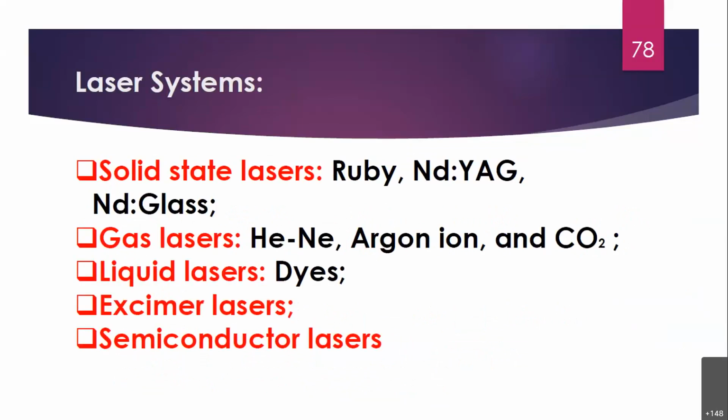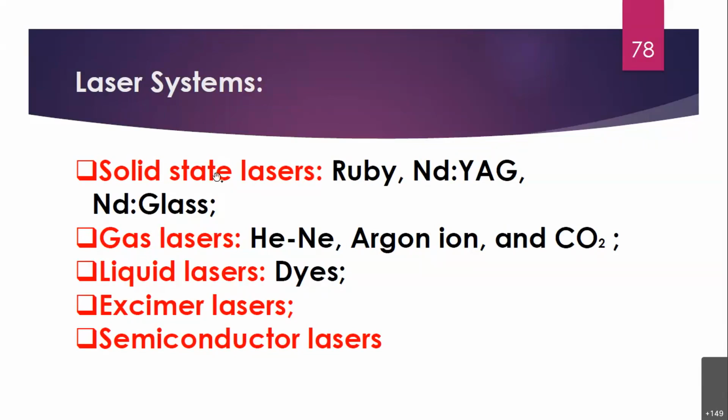Okay, so here is the thing we need to discuss again. Till now we have covered the 2 level system, 3 level system and 4 level system. Now we are actually coming to the laser systems. These are the different systems you can see on the screen based on the material: solid state, because the material is in solid form; then gaseous lasers, where the material is in gas form; liquid lasers, in liquid form; excimer lasers and semiconductor lasers. Of course materials are there, but all such lasers emit output at different wavelengths.